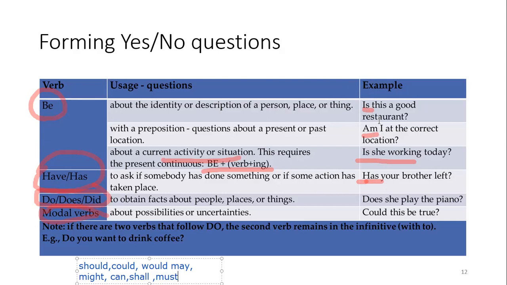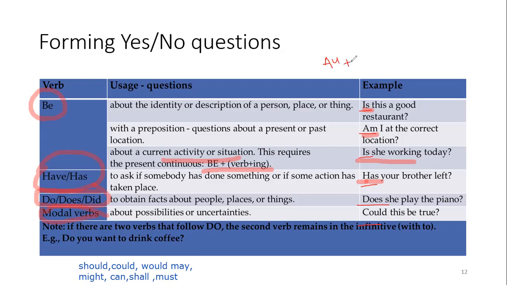Is, am, is, has, does, could. You can see all of them at the first place. Right? Here, is at the first place. Am I? Is she? Has your brother? Does, could this be true? So it's about the auxiliary,